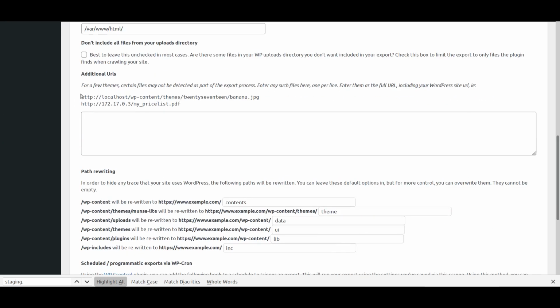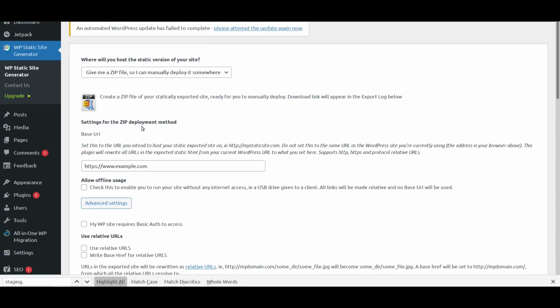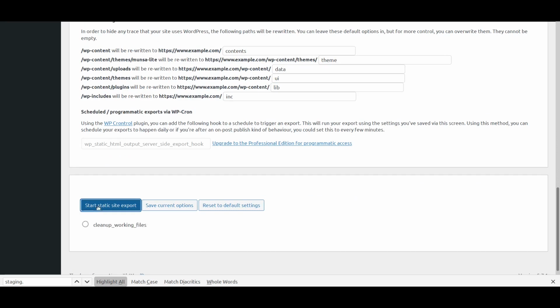You also have the ability to give additional URLs. WP Static downloads all URLs, images and files that are locally linked from any of the posts. But what if there are some files hosted on your site but not linked to by any of the pages? In that case you can provide those links here, and WP Static will ensure those files are also downloaded and saved. So these are the main advantages.